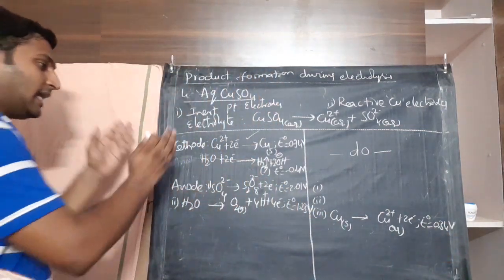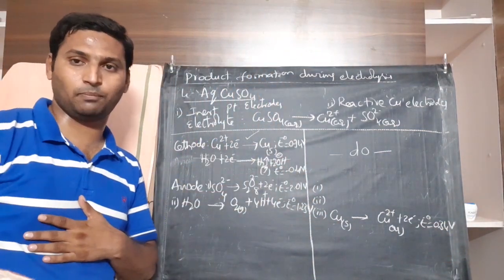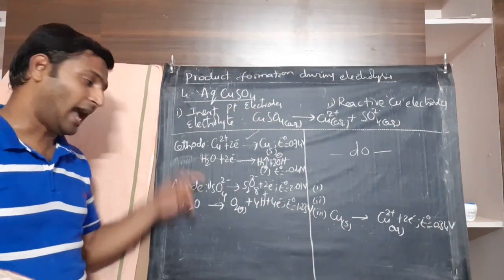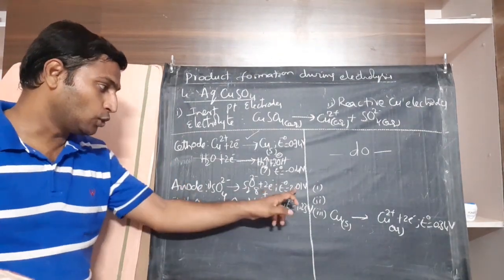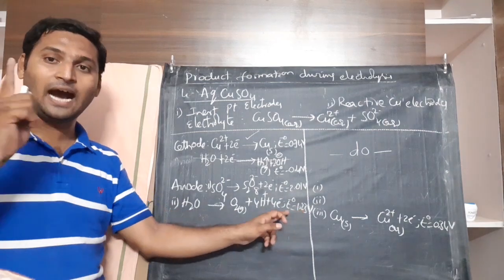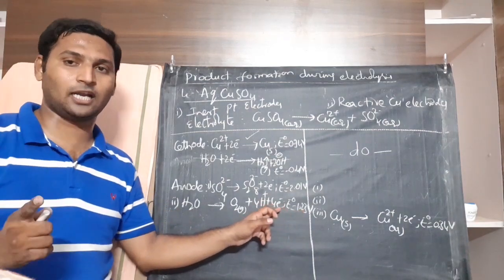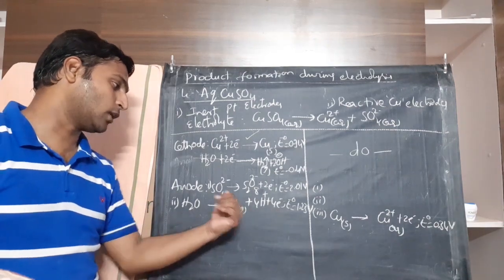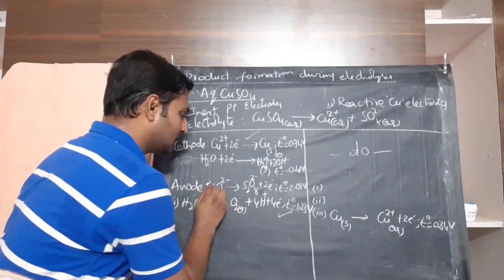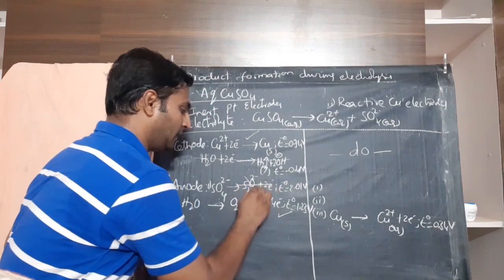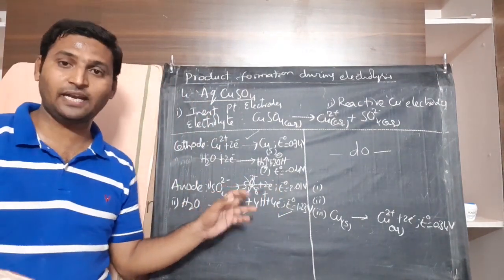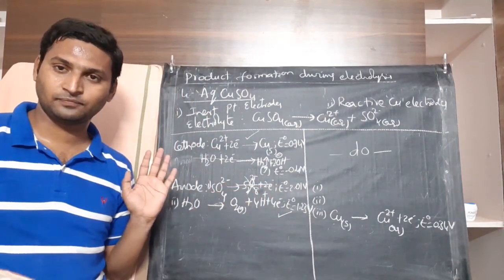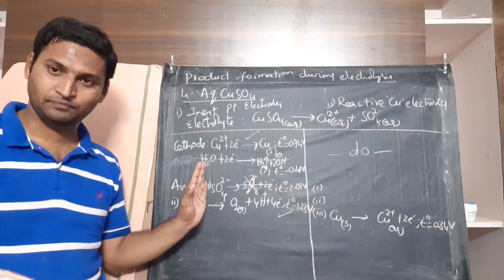Now, let us decide in each case which will be the feasible reaction. Here, as we discussed in the previous case, 2.01, 1.23. At the anode, the one with the lowest potential undergoes oxidation. So 1.23, that is, water undergoing oxidation will happen, the sulfate reaction will not happen, and peroxysulfate will not be formed as the product. This is fine.